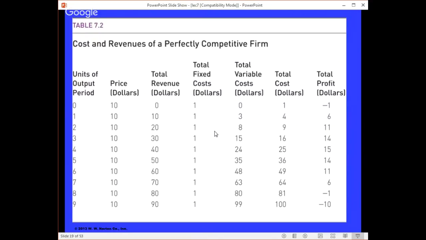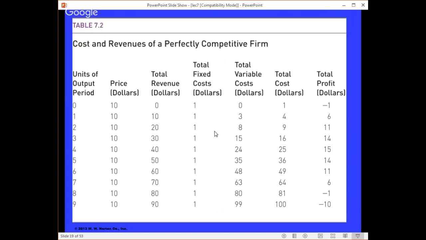So here we have a table from our example. We have the amount of output we produce. We have our price, which is steady at $10, and then we have our total revenue. And our total revenue is just P times Q, so 10, 20, 30, 40, etc. I have my fixed cost from our formula, which is $1. I have my variable costs,